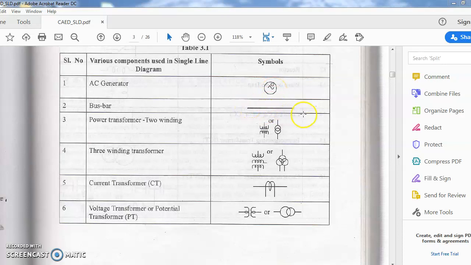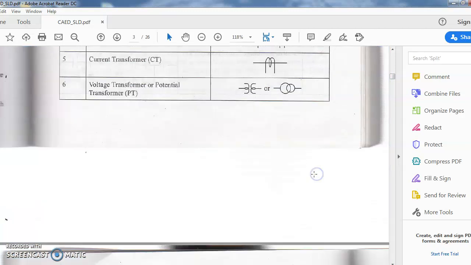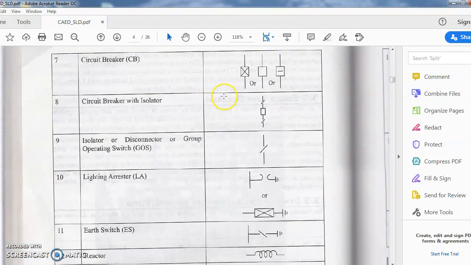The bus bar, 2-winding transformers, 3-winding transformer, current transformer, potential transformer, circuit breakers. We have 3 notations. You can use any one.